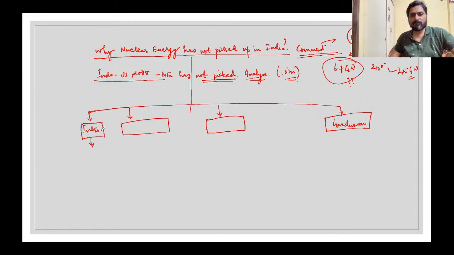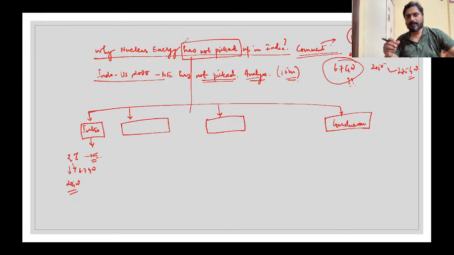In the introduction itself, you can mention that we are producing less than 2% of electricity from nuclear sources. This 2% amounts to 6.7 gigawatt, but the target was 20 gigawatt by 2020, and now it is 2023, so we have missed the target. In that way, you are addressing that it has not picked up, or it is lagging behind.